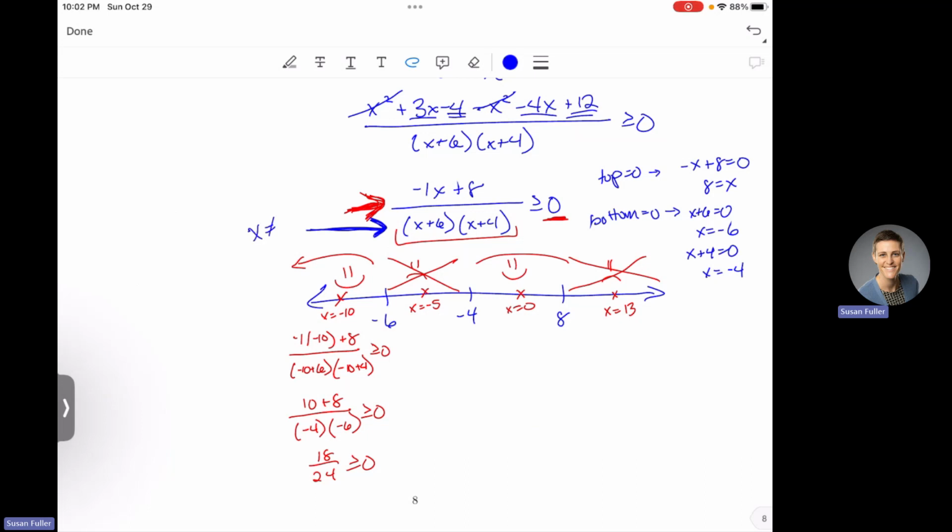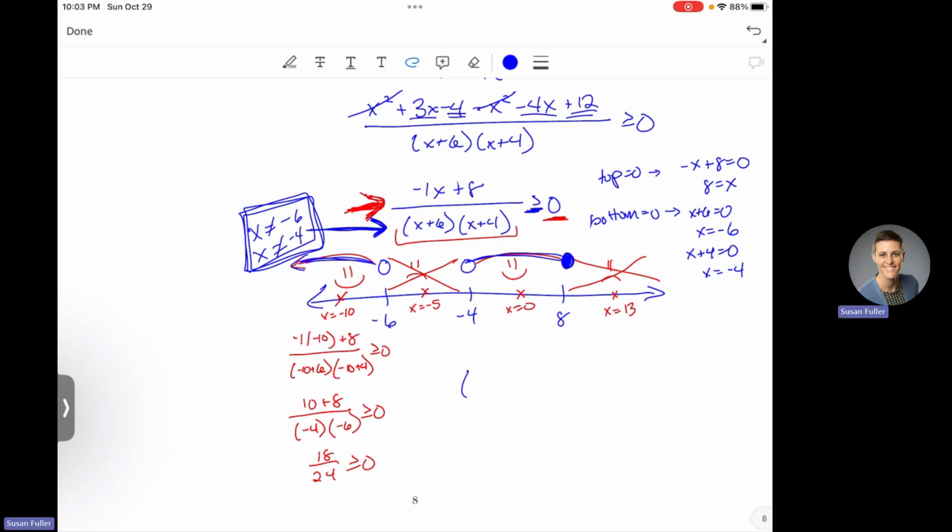So because I got this on the bottom, x cannot be -6 and x cannot be -4 because of my fraction domain rule, which says I cannot include either of these. But my inequality with this equal sign says that I will include 8. And so overall, I'm including this guy and this one,